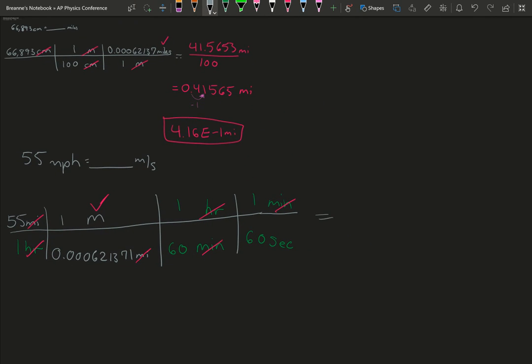And we want seconds. So now, make sure everything's crossed out on top except for meters. Make sure everything's crossed out on bottom except for seconds, because we want meters per second. Now you just multiply. So 55 times 1 times 1 times 1 gives you 55 meters. And then that number times 60 times 60,